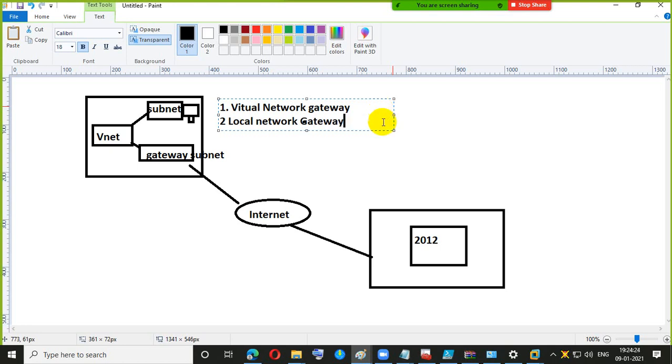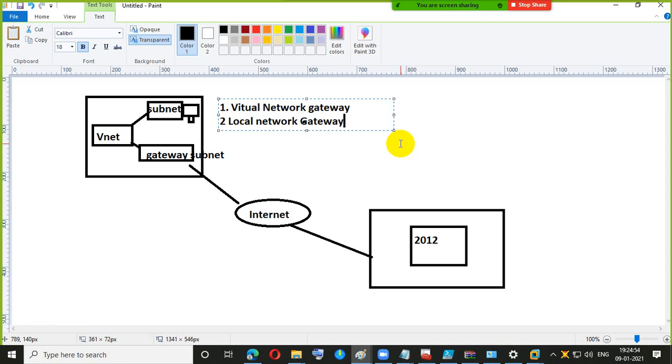So guys, whatever configurations we have done are all required for this option. We have created one NIC card, the gateway subnet, and the virtual network gateway, so the prerequisites are already done. Now I am going to create one local network gateway.